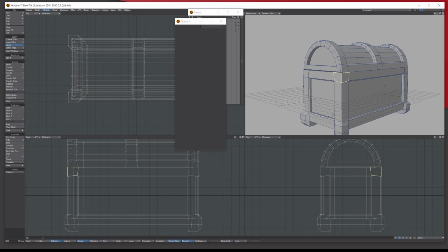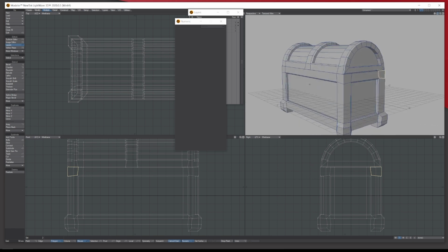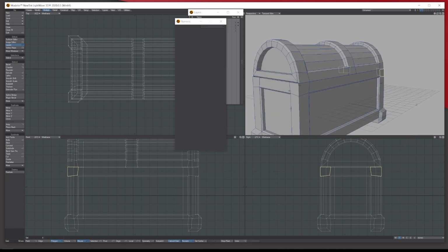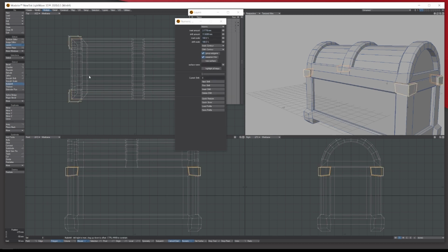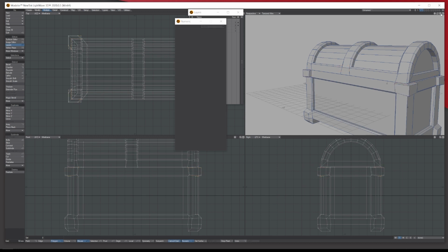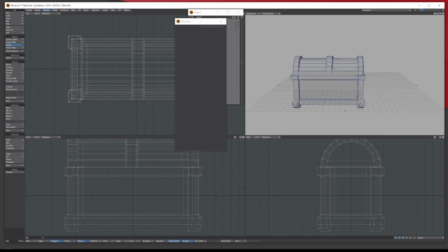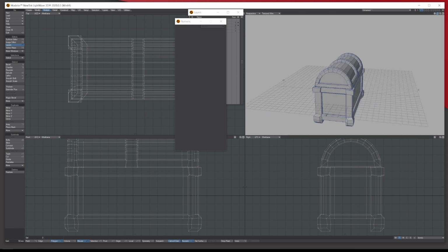And you could select these two here. I think I did it to these two. I'm not sure. But we'll do it, see what it looks like, because it doesn't really matter. Just showing you how you could maybe go something like this. Okay, so we've kind of got that. You get the gist of it.